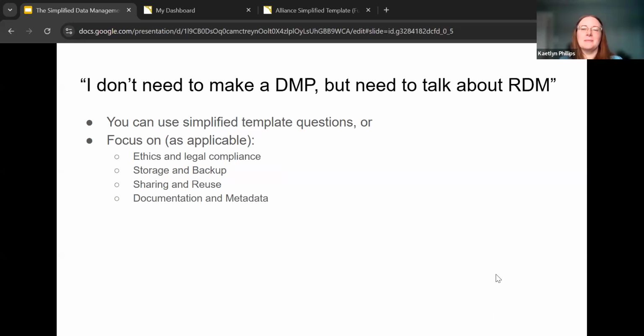All right. The last thing before we actually get into the data management plan templates, this is something I get a lot. I don't need to make a data management plan, but I need to talk about RDM on my funding application. One thing I recommend to people is you can use the simplified template questions, which you'll see. And on these slides, there's links to the template in a PDF format. Or focus on these 4 areas: ethics and legal compliance, which would be asking yourself,